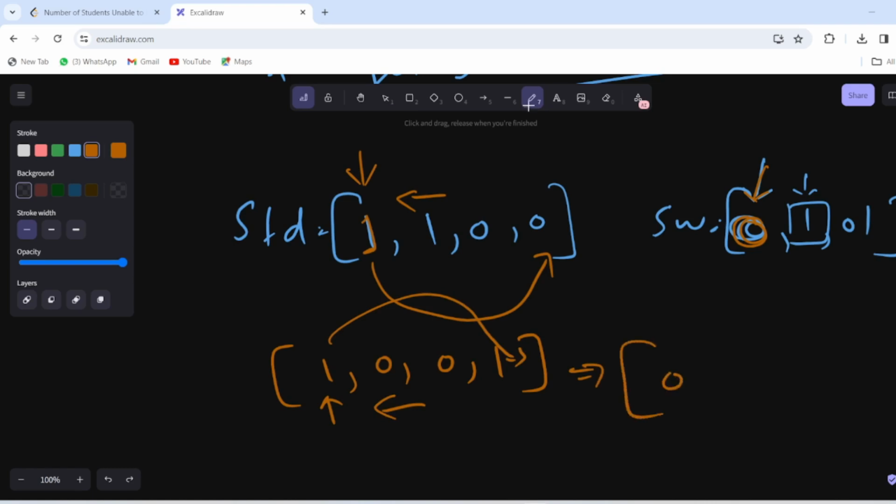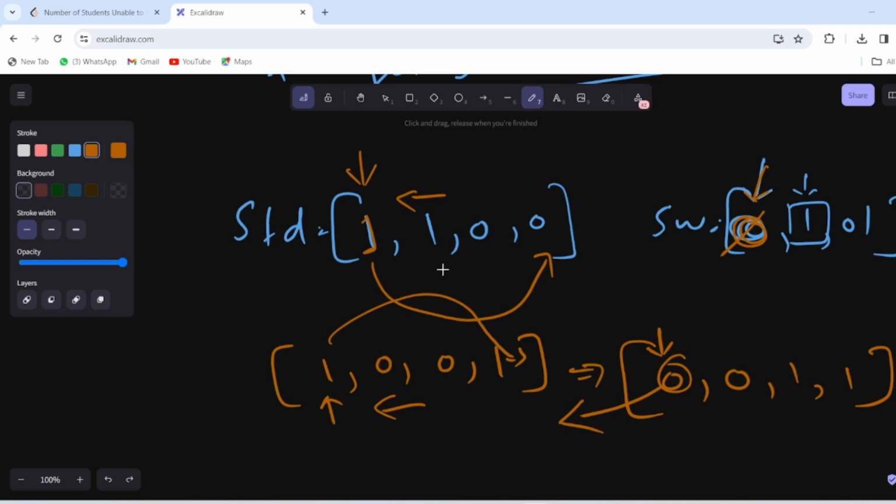So now the queue becomes this. Now let's check for this first student. Yes, the preference is completed. Thus remove this top element of the stack and let this student move out of the queue.